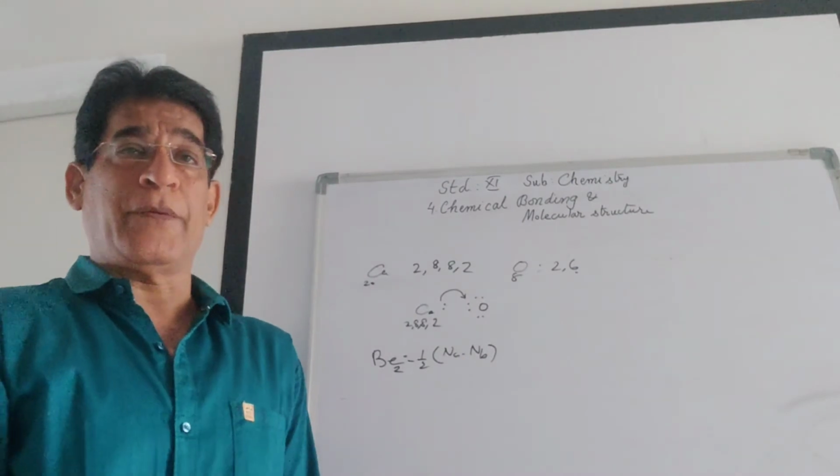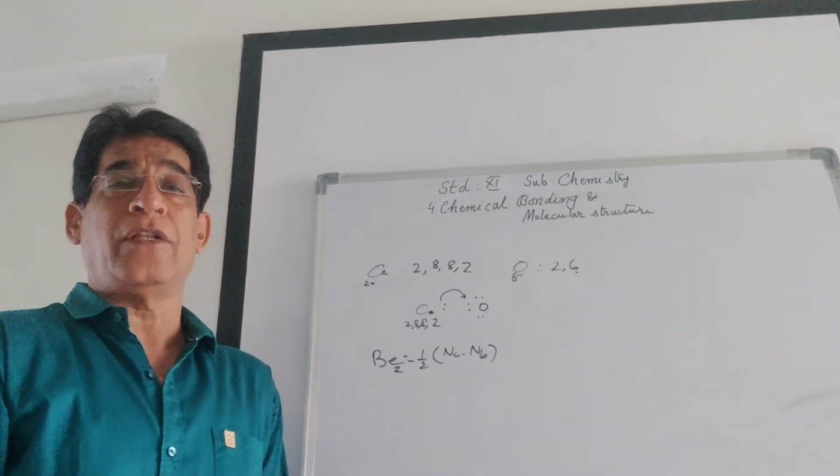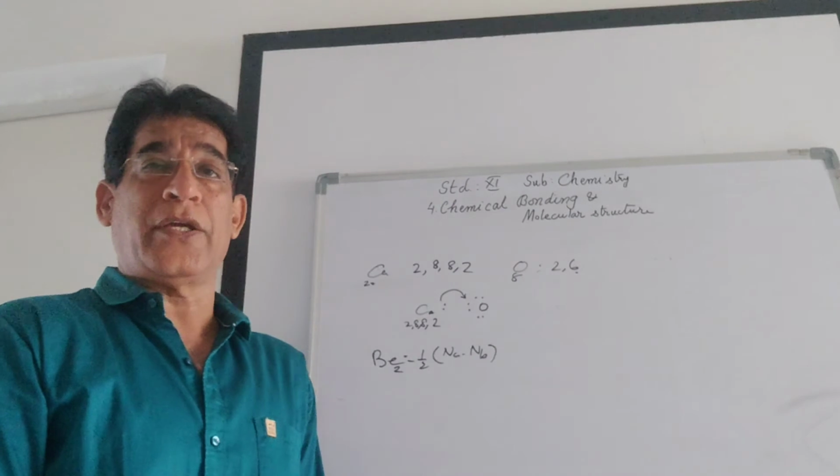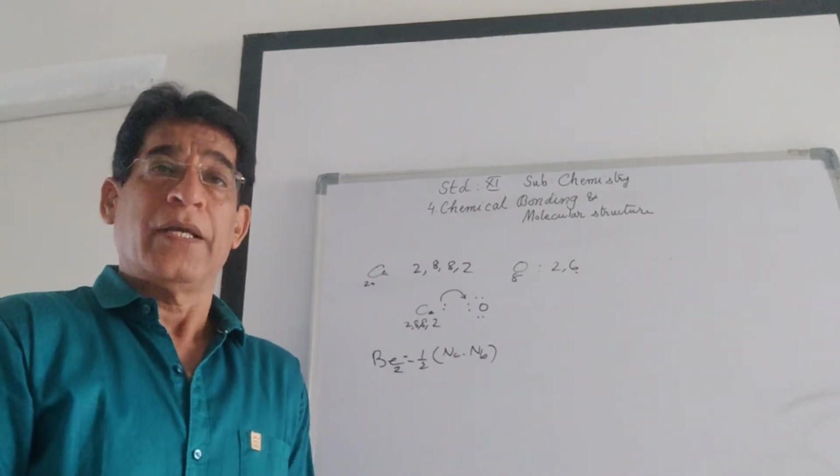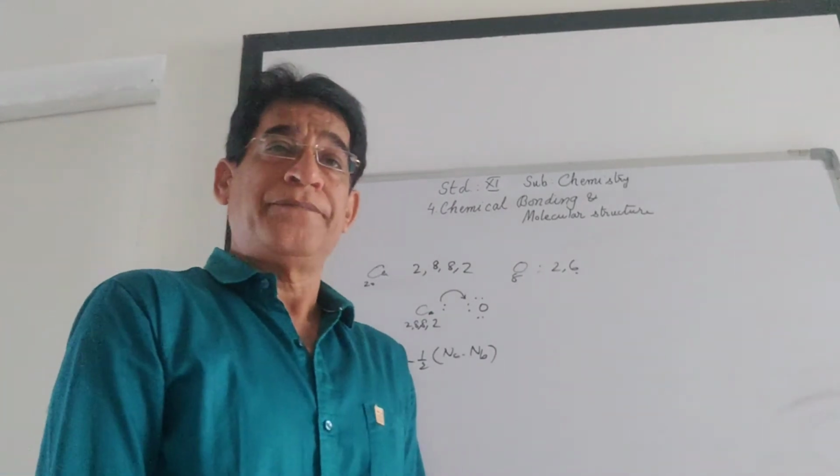The bond order is 1/2 (Nb minus Na). The molecular orbital electronic configuration for the Be2 molecule can be written as